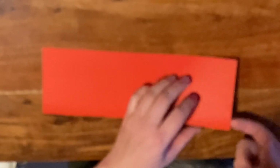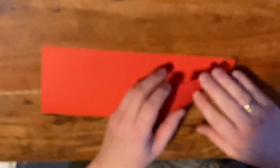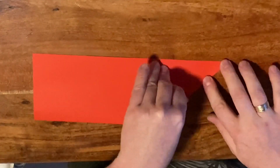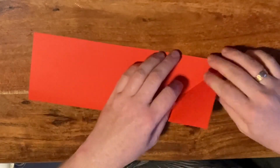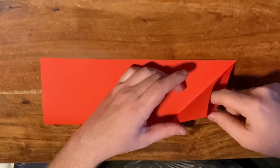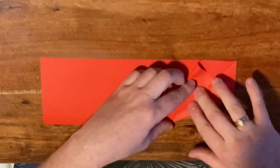Now what you want to do is take the closed edge, so this side is open, this one is closed, and just fold the corner like this. And again, try to be extremely precise. Like this, and you want to kind of reinforce this crease but not put your nail over it so it doesn't rip later on. Then we're going to squash fold this flap like so and just land it on this edge